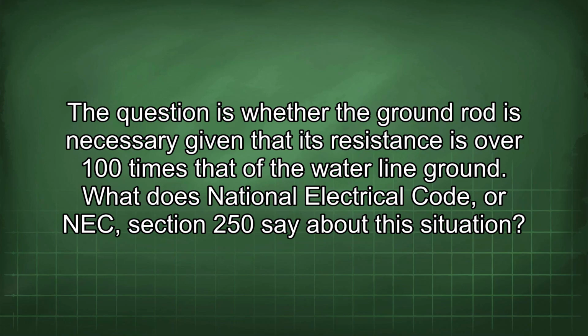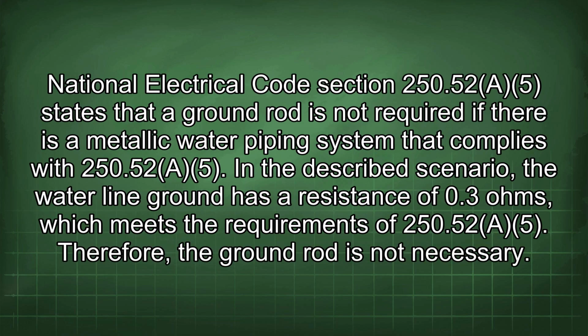The question is whether the ground rod is necessary given that its resistance is over 100 times that of the waterline ground. What does National Electrical Code, or NEC, Section 250 say about this situation? National Electrical Code Section